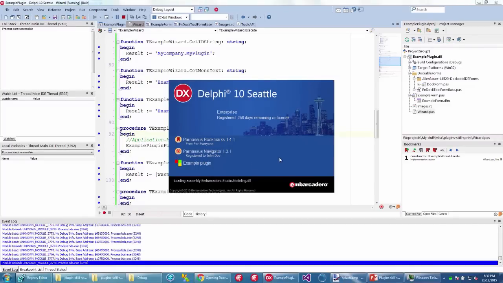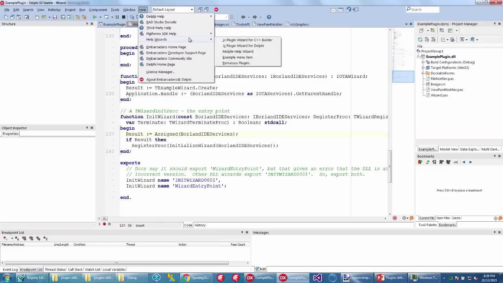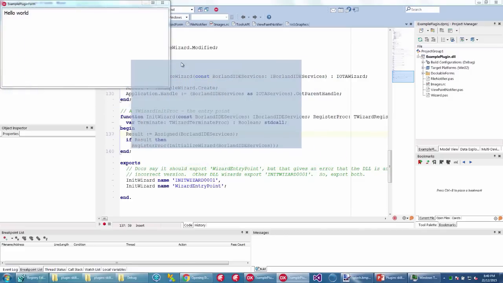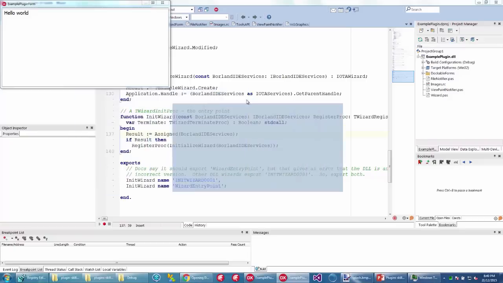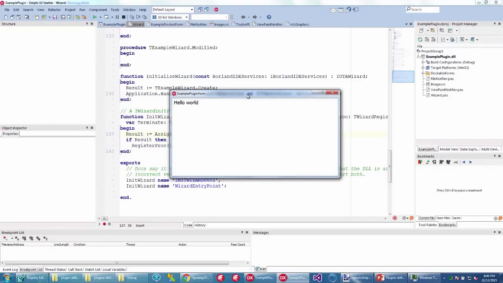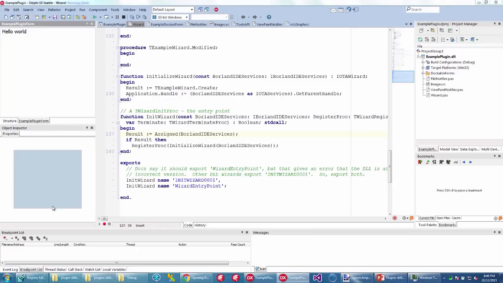Our example plugin is loaded. At this point, our form actually already exists. What we want to do is look in here. We have our example menu item, and we have a form. You can see when I drag it, you get the blue transparent drag shape that you do normally in the IDE. We can also dock it. So let's dock it there, and it forms a tab. Dock it over here,